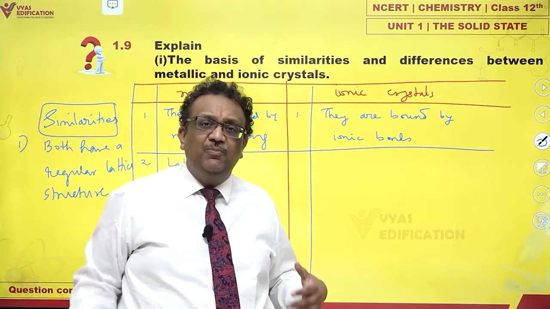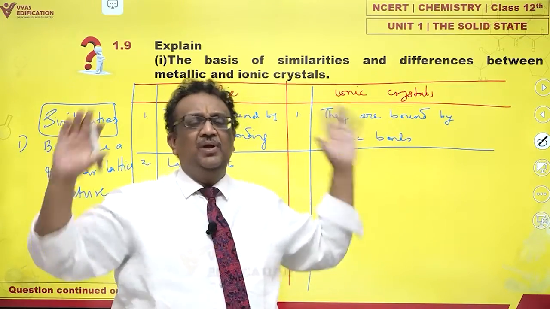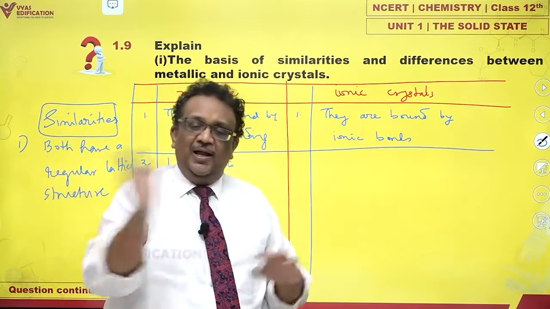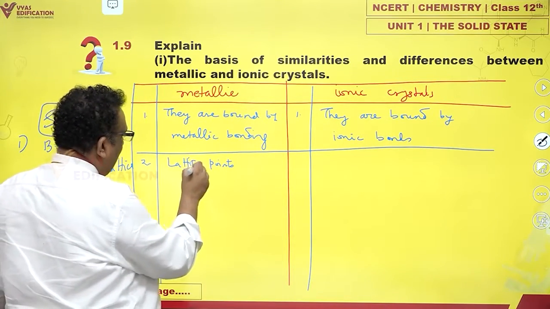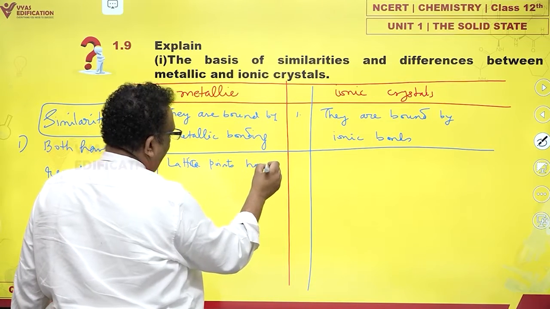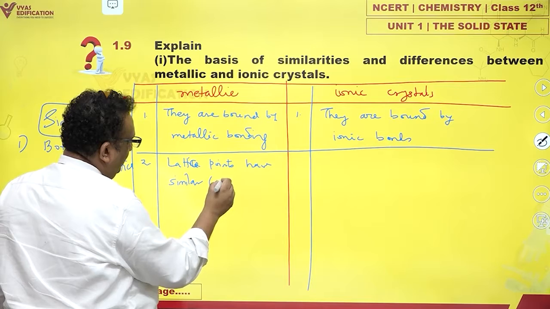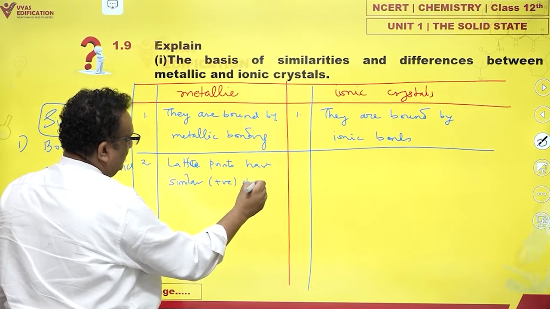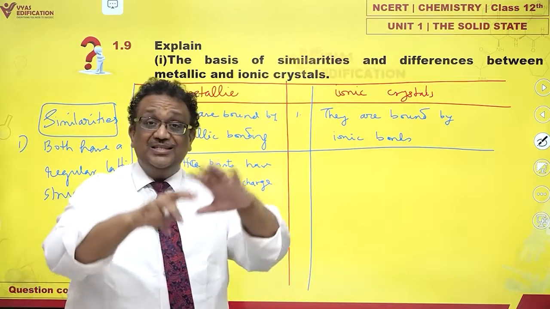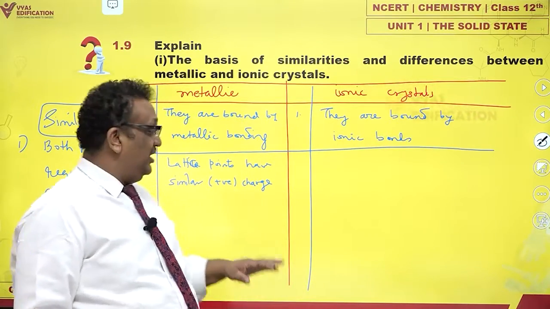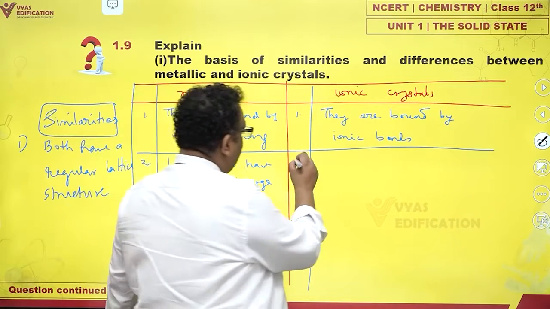And what happens in metallic bonding? Metal atoms release their electrons, they delocalize them, and they just sit. Electrons are moving around. So all the lattice points have similar positive charge. Electrons which are delocalized, the sea of electrons, carry the negative charge, but all the lattice points have similar positive charge. And in this case,